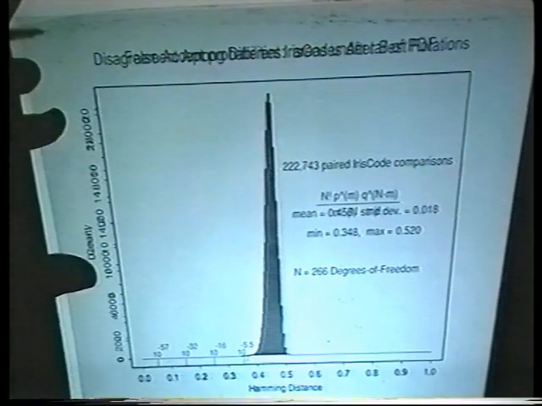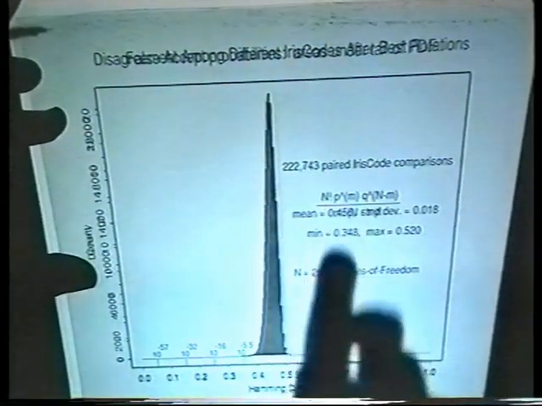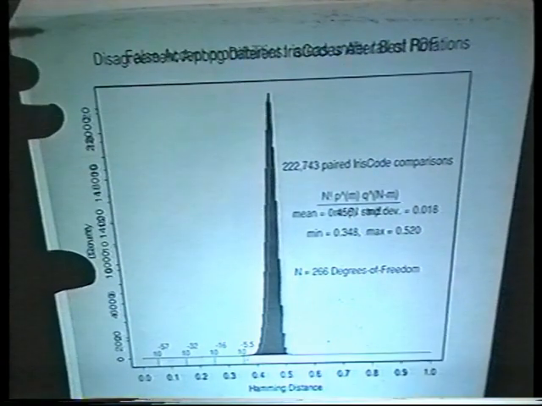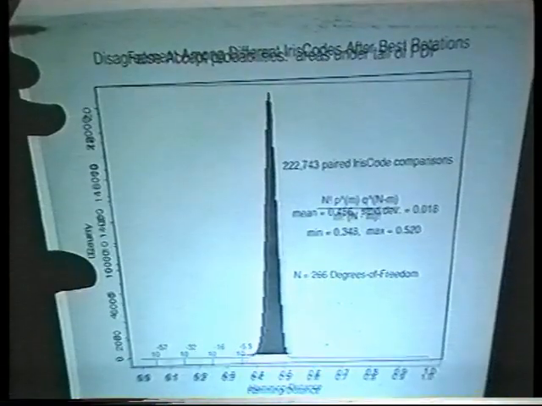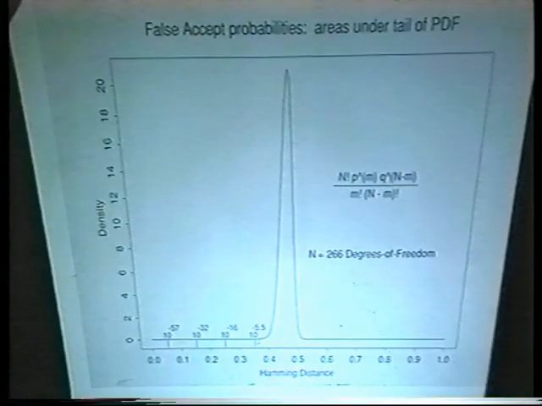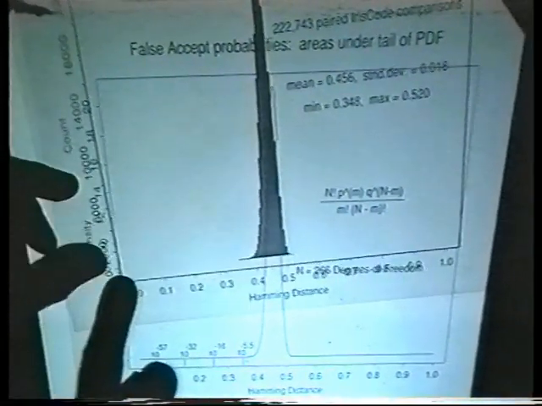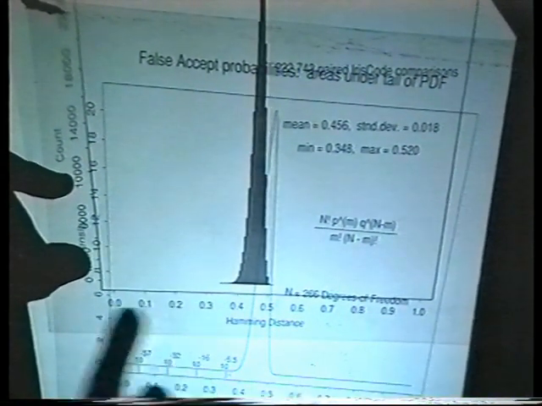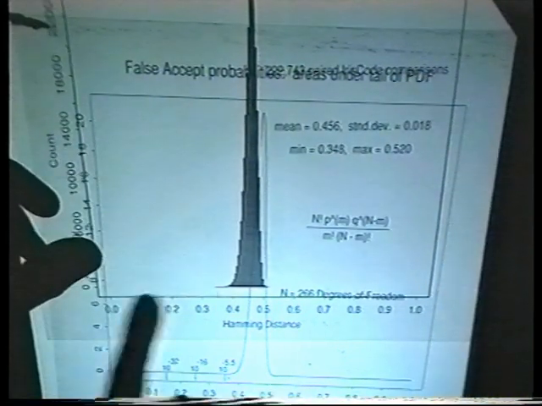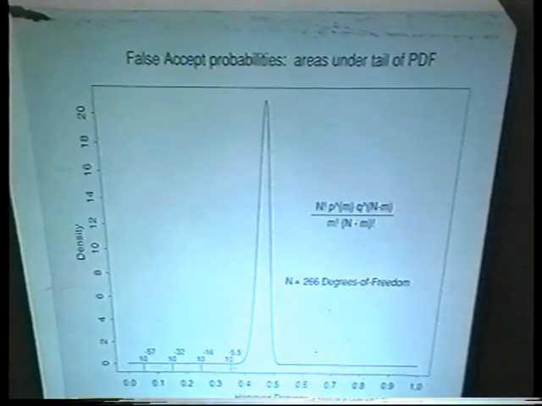And again, it's the same set of data, the same 250,000 British Telecom comparisons, but sampling for the best match after rotations, and you get, once again, a very good fit. Now, this theoretical curve is important because it tells us, even though there's no data down in here, we never find different people whose irises agree in 70% of the bits, so they get a Hamming distance down in this region. But it tells us the theoretical likelihood of getting any given degree of match from the functional form, because we understand these distributions from Bernoulli trials.